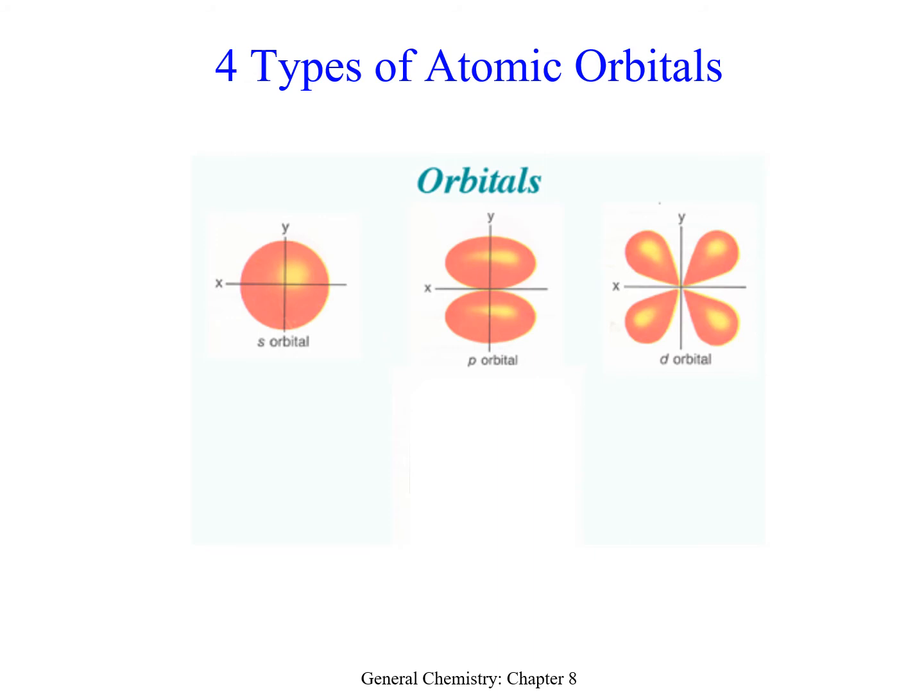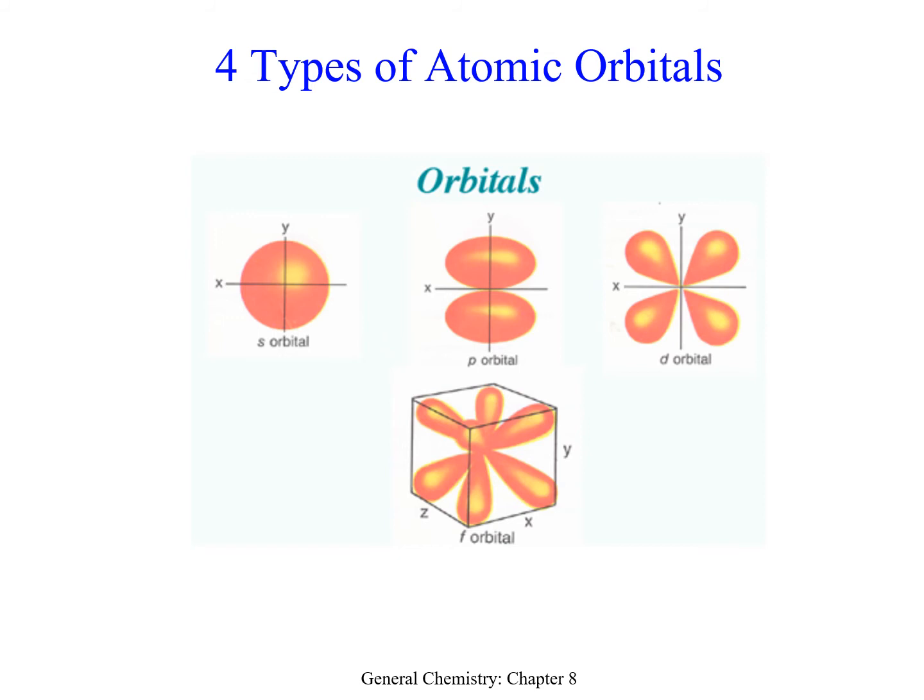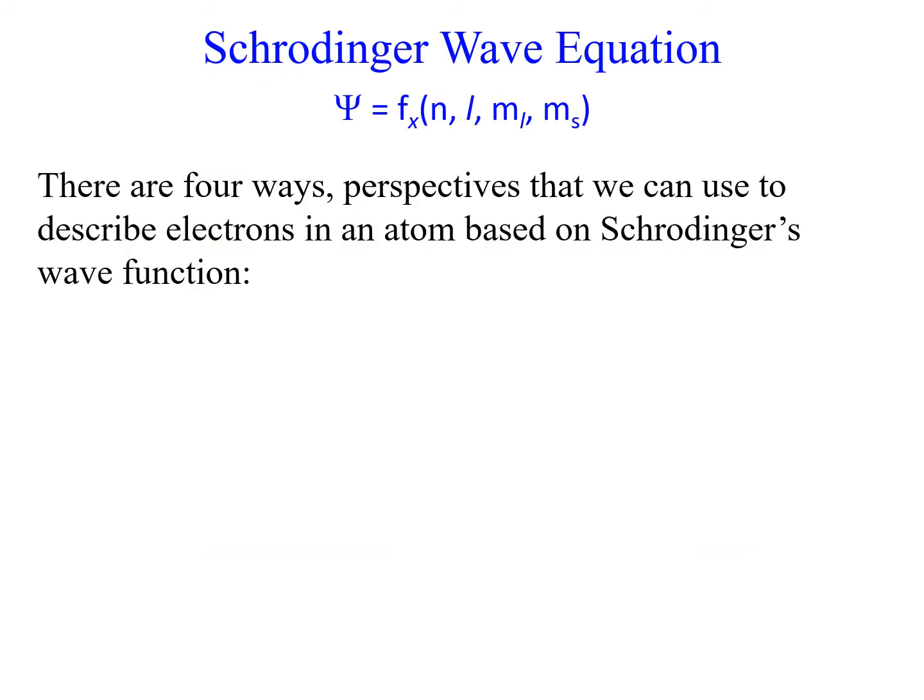The final orbital type is the f orbital, and we're not going to even go there. That would be the lanthanides and the actinides, and we're not going to be dealing with those, so you don't need to worry about them. Just to describe the types of atomic orbitals, it's the s, p, and d that we're going to be looking at. So we're going to look at the Schrodinger wave equation, where for each electron we